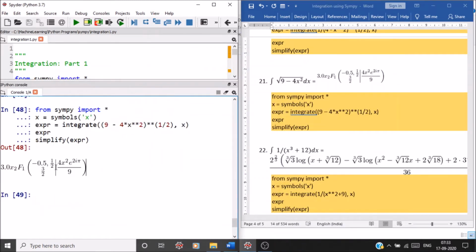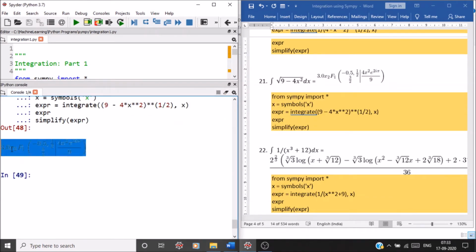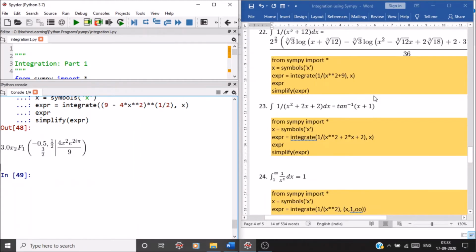Okay, now see, this is the result. Practically, I don't know what the meaning of this is. So you are the mathematician, you know what the actual meaning of that is. You can give the explanation in the comment section. Next, a few more are there.